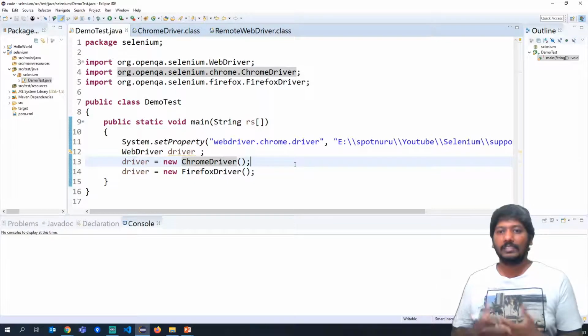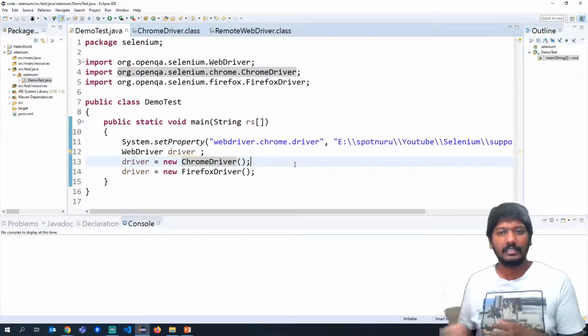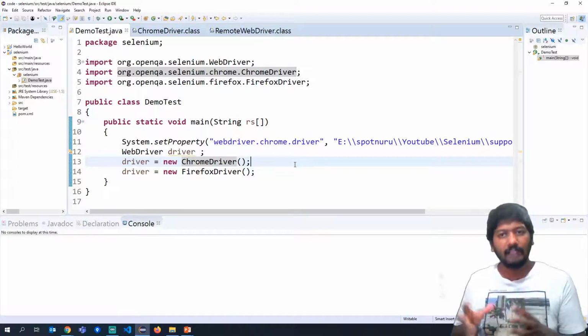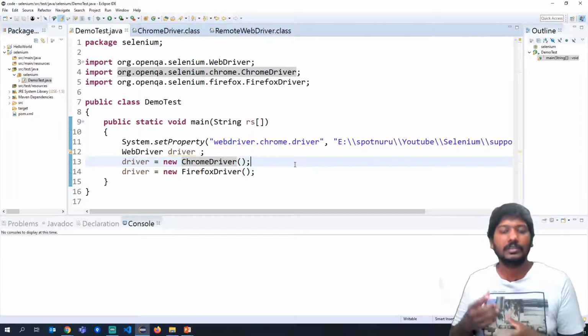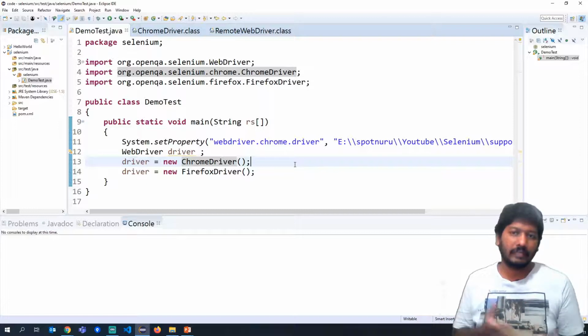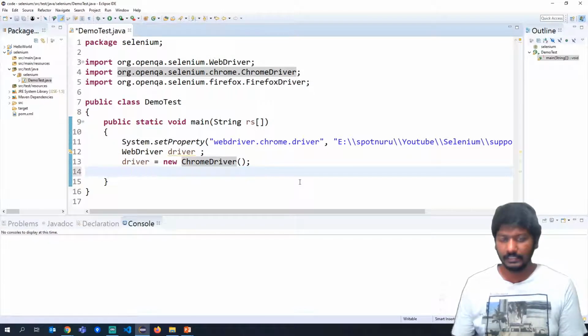Okay, so that is the advantage of creating an interface and then extending it for different functionality, right? So what is happening here? The ChromeDriver is created, the Firefox driver is created, but all of them will have the same methods from the interface that they extend, and then they override the functionality. When you are working on Chrome browser, it has to launch the Chrome browser. When it has to work on Firefox, it has to launch Firefox. Similarly for other drivers. Okay, so for now I am deleting this, we don't need it.